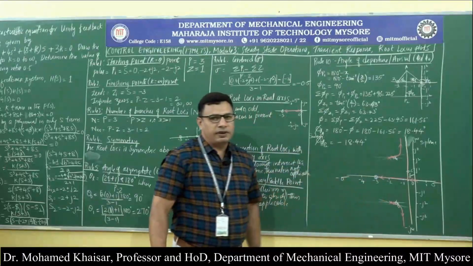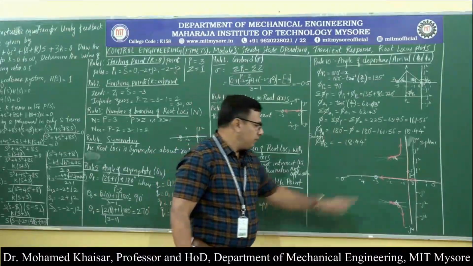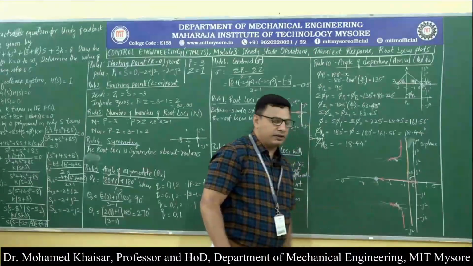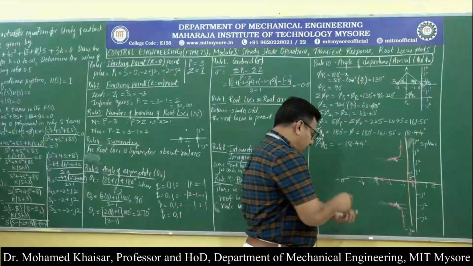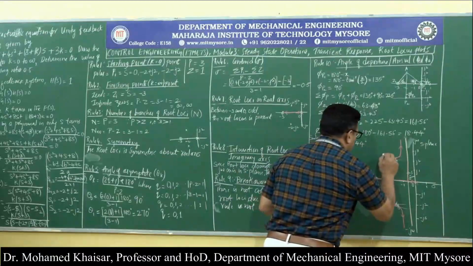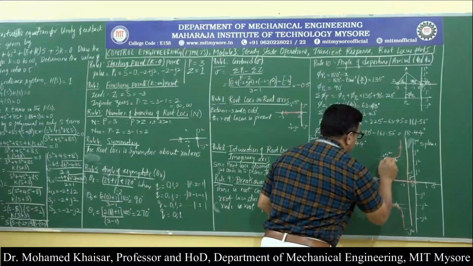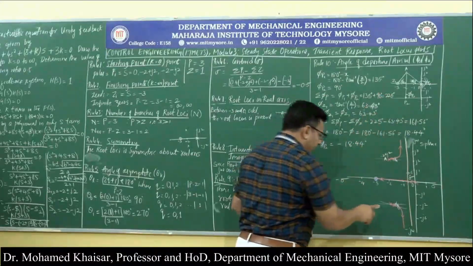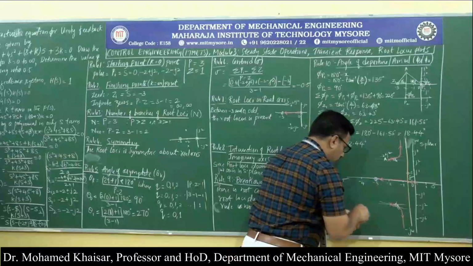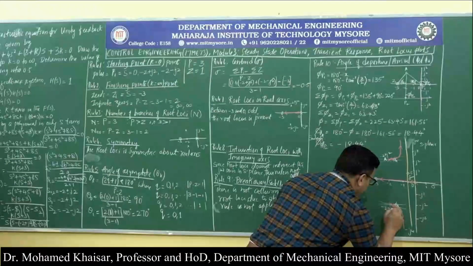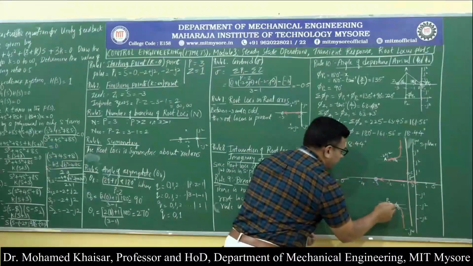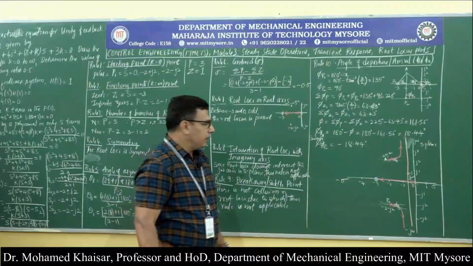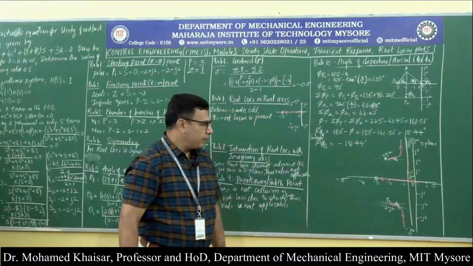So this completes the root locus plot. See, from 0 a branch has started, it has got terminated at minus 3. From minus 2 plus j2, pole 1, it has started, it has gone to the infinity. From minus 2 minus j2, that is pole 2, it has started, it has gone till infinity again. Okay. This completes the root locus plot.